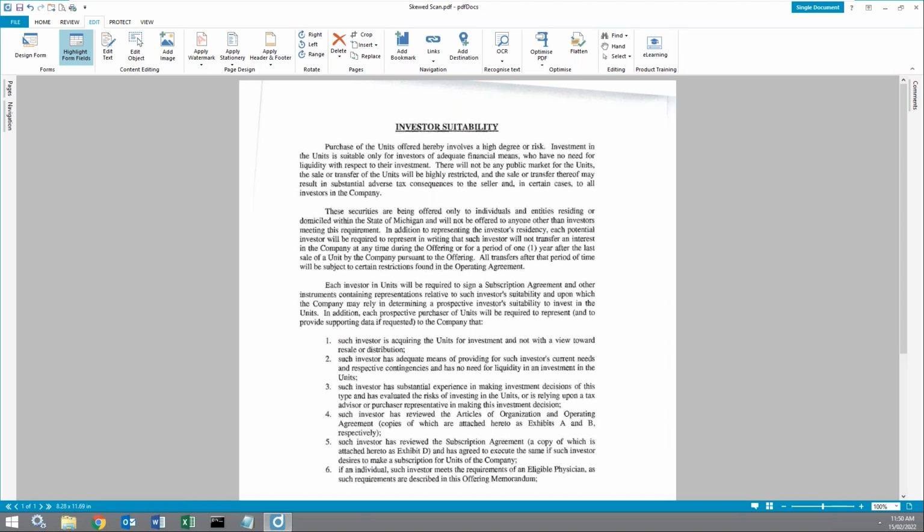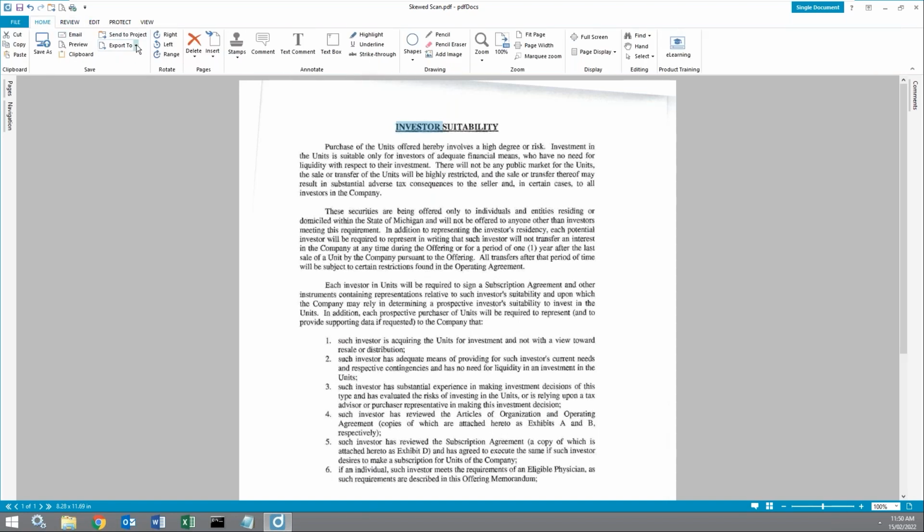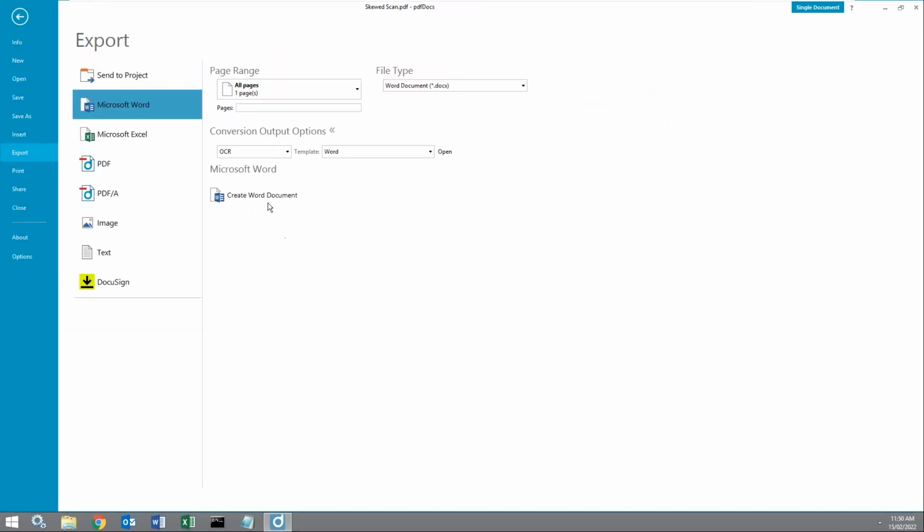Also, we have the ability to export PDF documents into Word. So for example, if I have this document here and I want to be able to make some changes into the document, let's say I want to change the title, I want to change some of the paragraphs here, I can do that by exporting this document to Word. To do that, I simply go to the Home ribbon, Export to, and select the Word option. Once I select the Create Word document